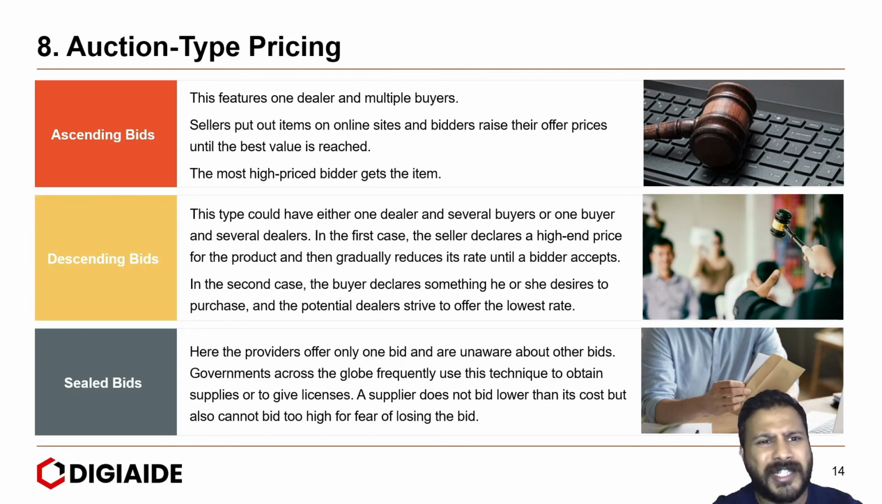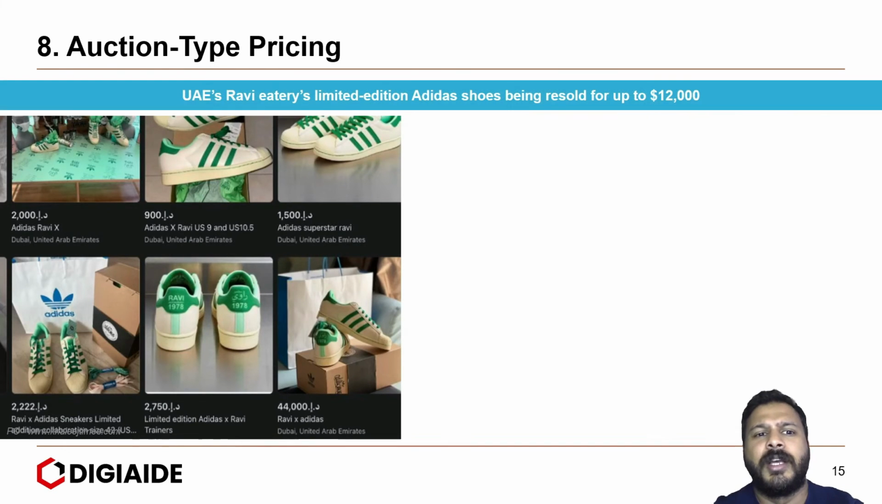the bid. A similar type of case study, in this case, UAE's famous restaurant Ravi Eatery's limited edition Adidas shoes being resold for up to $12,000. We have covered this in our branding module of Adidas paying homage to one of the famous restaurants in UAE, the Ravi. In this case, the sneakers that were designed by them were bought by customers and then resold on